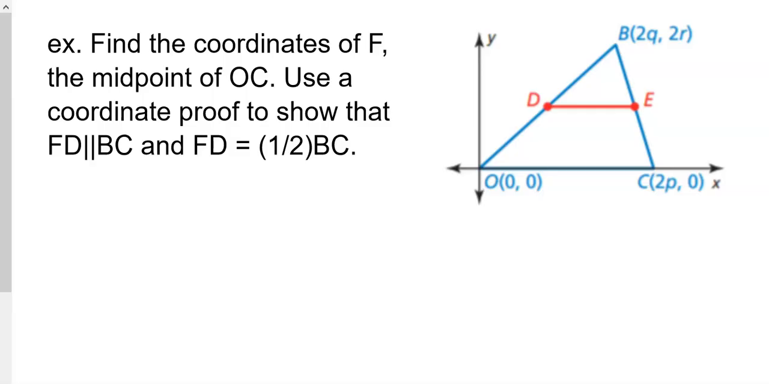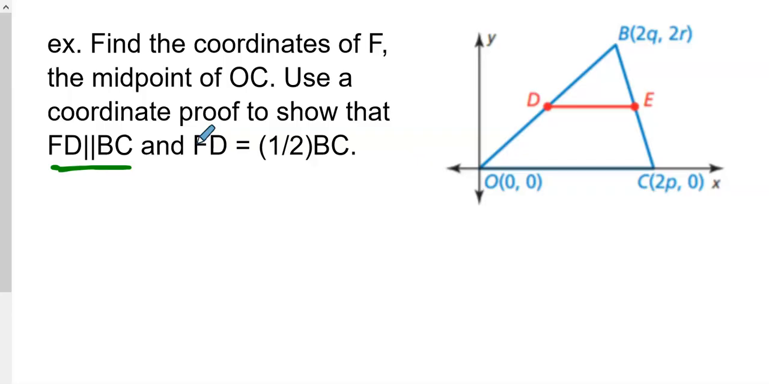We still do the exact same thing, but our answers are not going to be nice, neat answers like 4 or 2 root 2. We're going to have P, we're going to have Q, we're going to have R in them. But again, we can still show that something's parallel and something is half the other by using slope formula, by using distance formula. So let's first start with showing FD